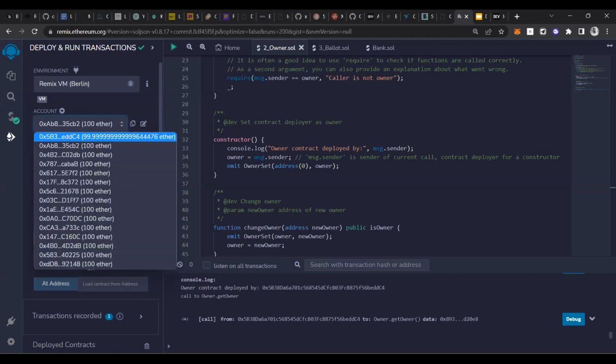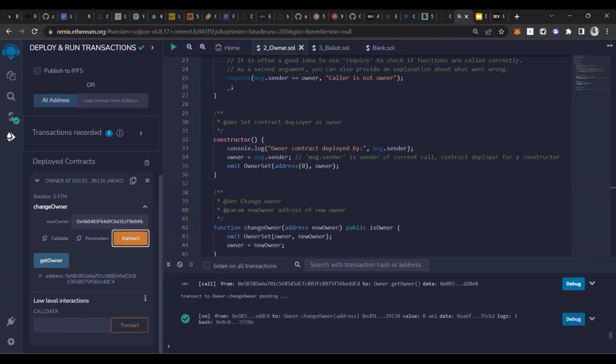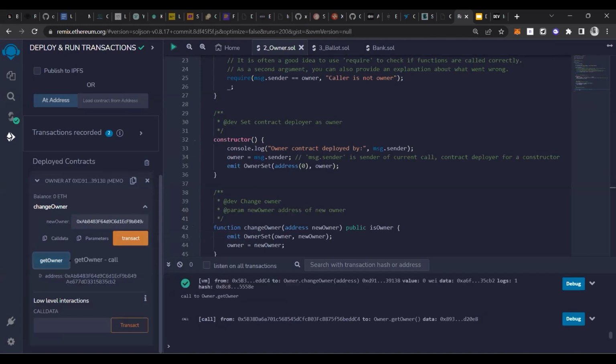The current owner is 5b3, so we have to change this address to a new address from the existing smart contract owner. So we transact this, and we have successfully changed it. Now we retrieve the getOwner function, and you can see the new owner is 0xab.